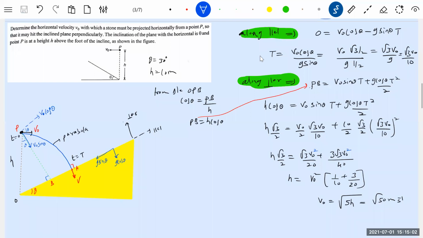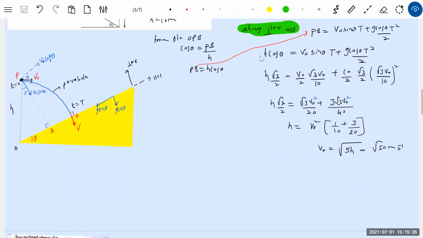Somewhere in mathematics you have to take help of a known thing. We assumed it, no? What is the known thing? H is a known thing. So how to eliminate PB with H? Again, you have to search for some mathematics. Sorry, instead of this, if I throw at an angle, it will come and strike. It may not strike normally. Then you may put a condition for it to strike normally.